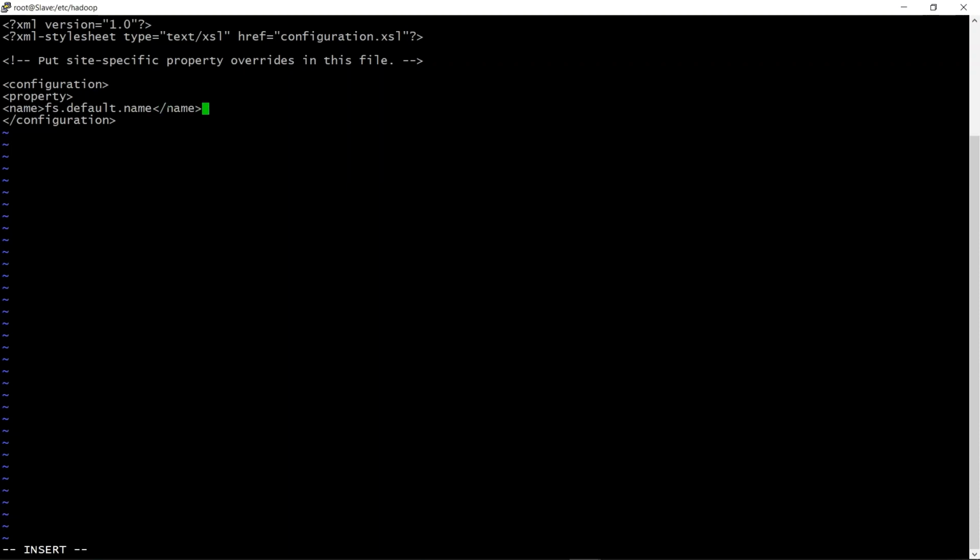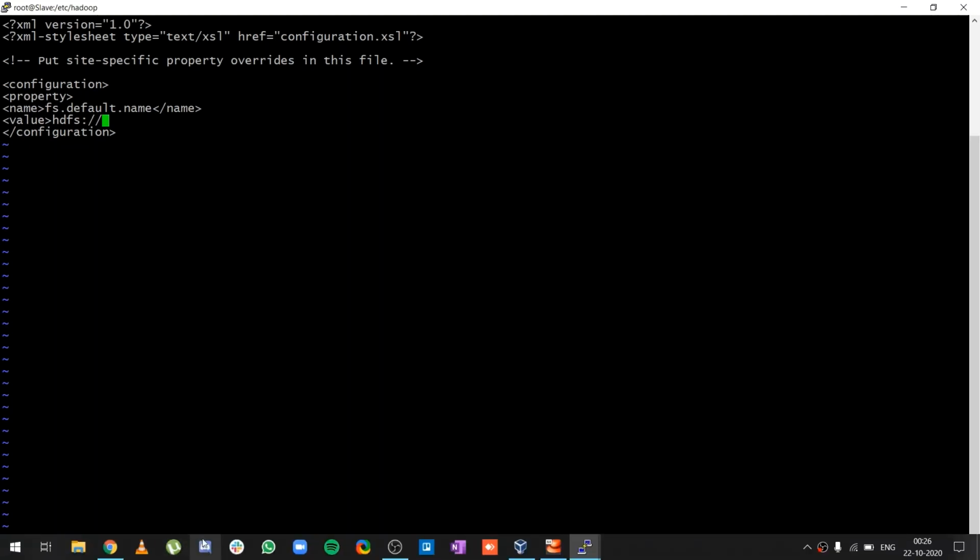It tells that I am providing my storage to the name node, and I will give the value hdfs. So now here I have to give the IP of the master, and by chance I have created